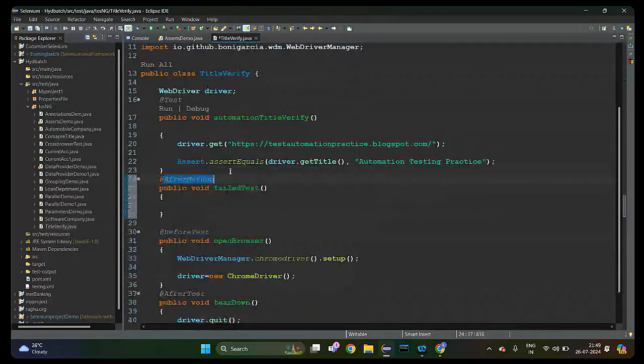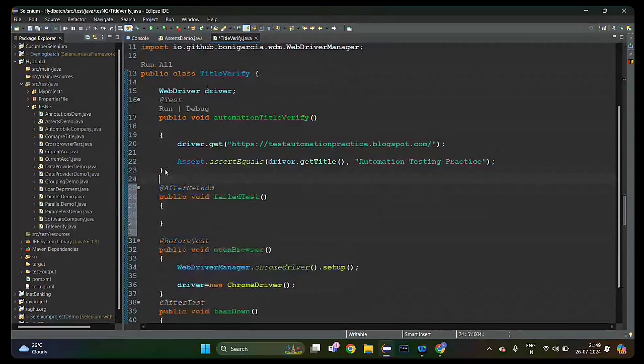After every method, this after method will get executed. As I told you, this is the method we are writing to capture the failed test cases. For that, we are using